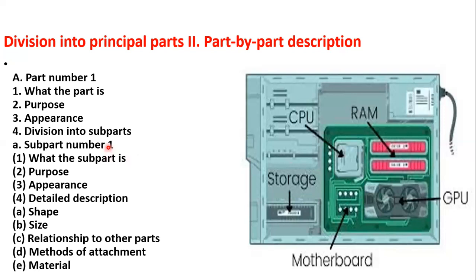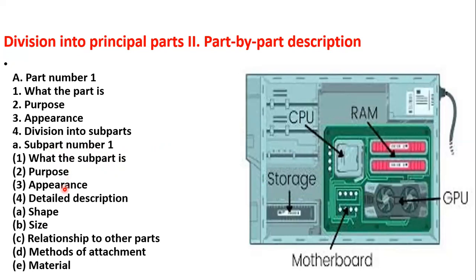So what are the other parts which are fit within the CPU? Sub part one, for example, if you say that RAM is sub part one, what that sub part one is, the purpose of the sub part one, appearance of the sub part,